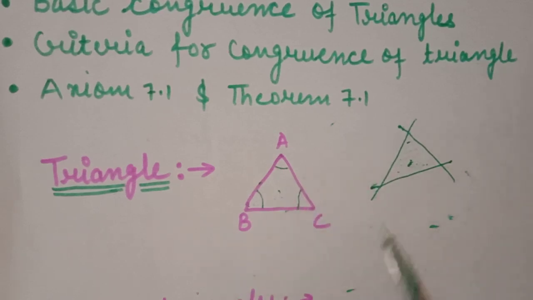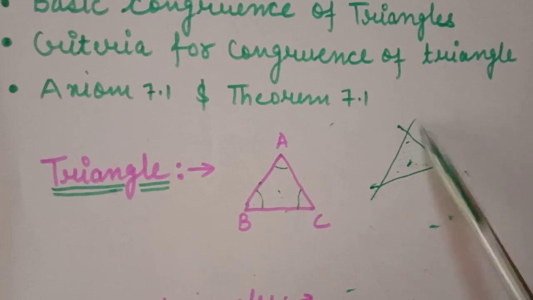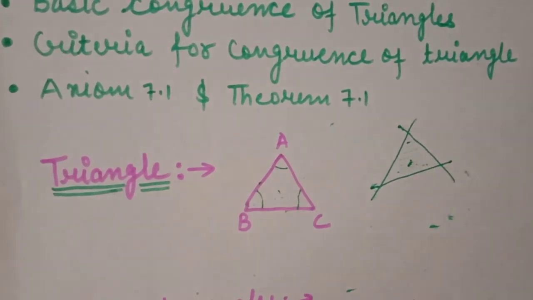We can use this definition in one more different way: the area bounded between three line segments is also called a triangle, and the area bounded between three lines in a plane is also a triangle. So we can use all these definitions. And once again, a plane figure bounded by three lines or three line segments in a plane is called a triangle.